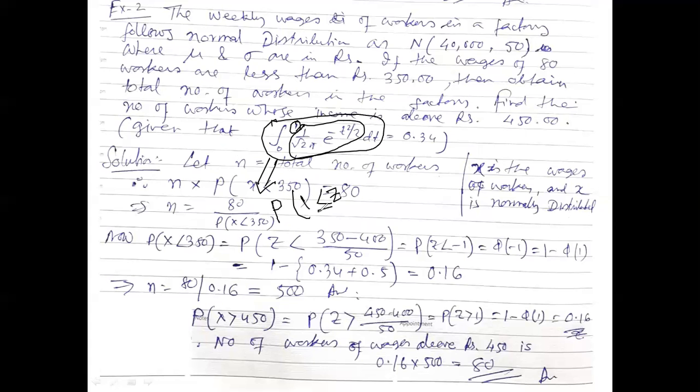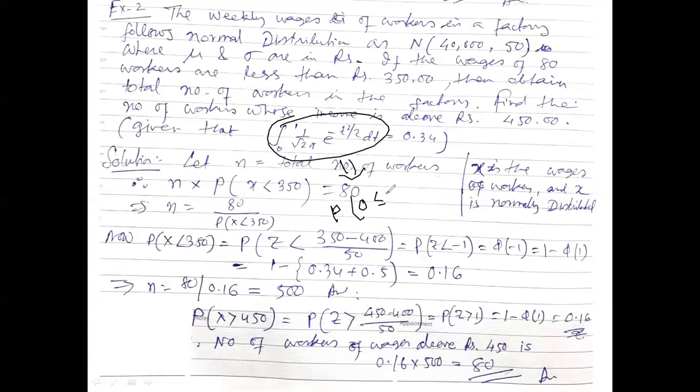Sorry, I have to write in a different way. The meaning of this is the probability of 0 less than z less than 1, where 1 is the upper limit of the integration and 0 is the lower limit of the integration. And this is the probability curve. Here we use t, basically the same case, t or z.